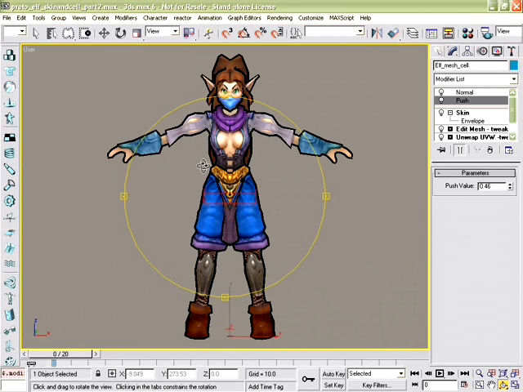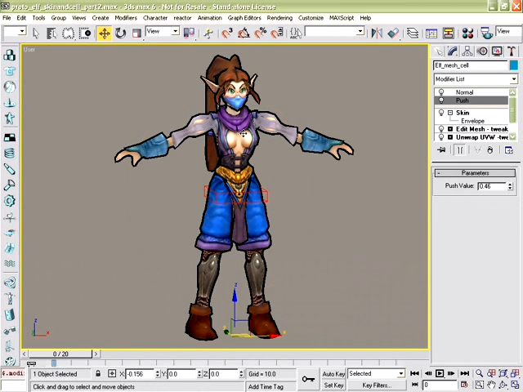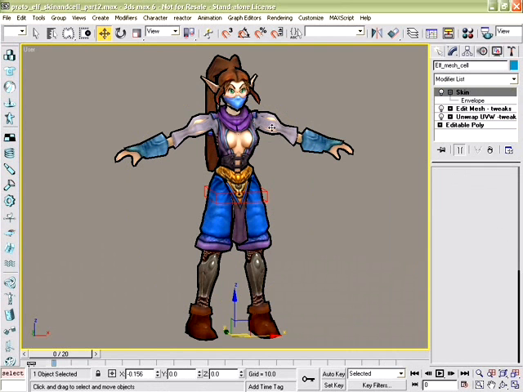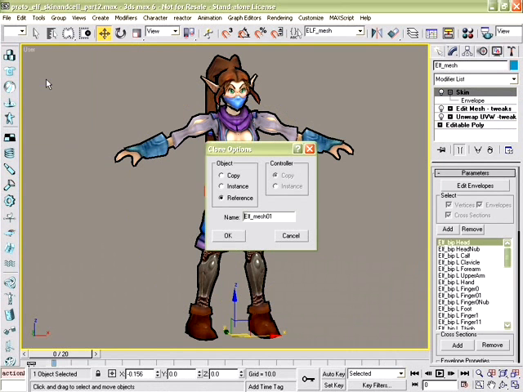I've seen some characters running around in Quake 3 with this, and it works a treat. It looks very cool. So that's one way of doing it. And let's just take the original character mesh again, and we can clone that again, this time as a reference, and this one we're going to call elf